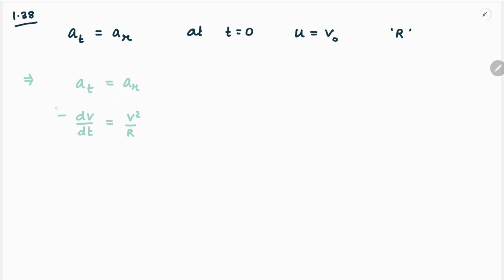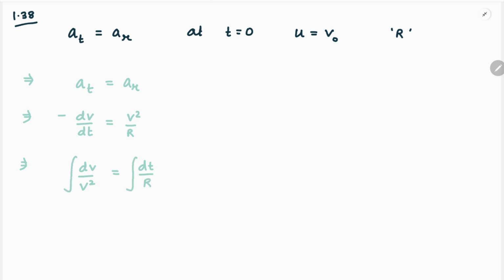This is the first mathematical statement which we write. And if we solve this one, we can write it as dv by v square equals dt by r, and